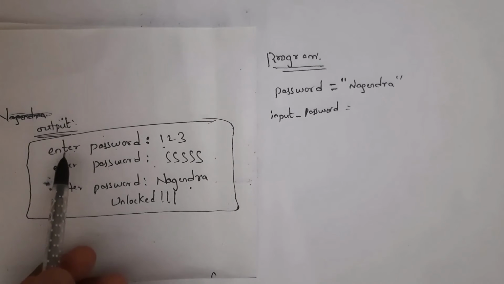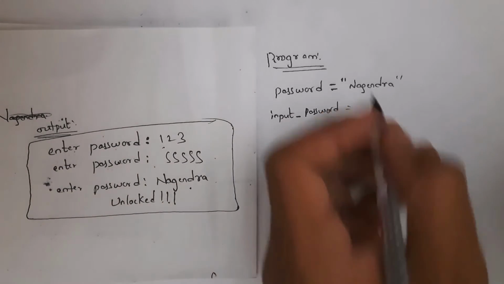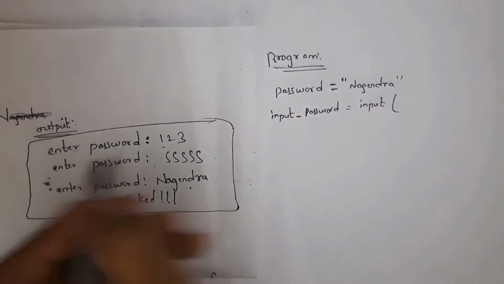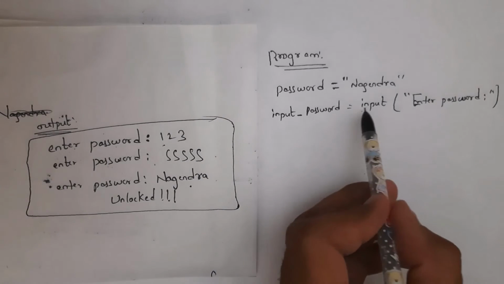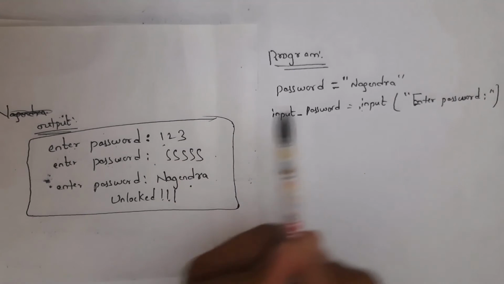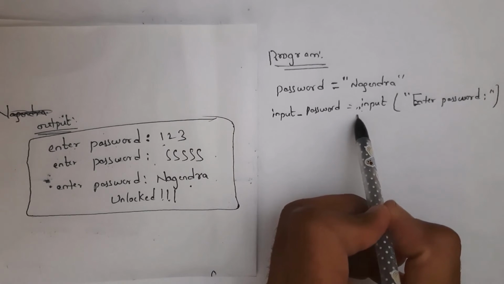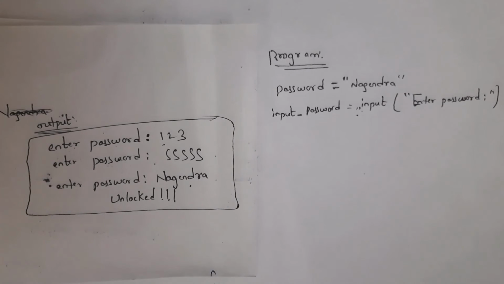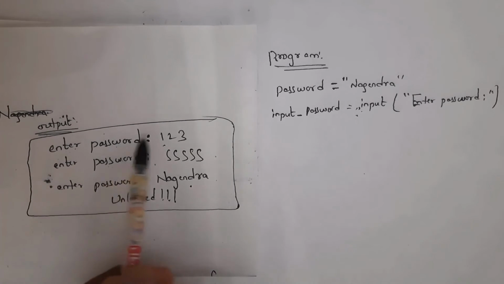And here in output I should get enter password, and here I can enter any string. So write here input function, and inside this write enter password. Here you may get doubt like why I am not using here data type before input function. Actually if I want to enter string, I need to use here string type. But here I did not given type string, because if you don't give any data type, then by default it will take string data type. Whenever you execute this line of code, you will get output that is enter password, and here I can enter